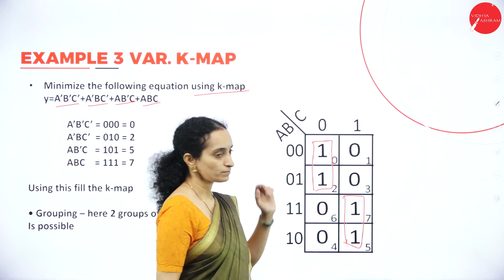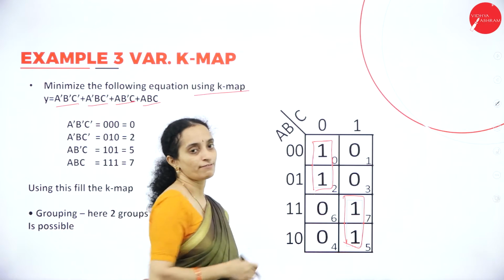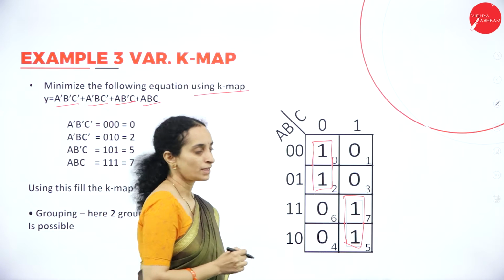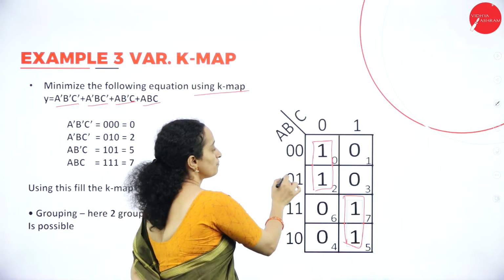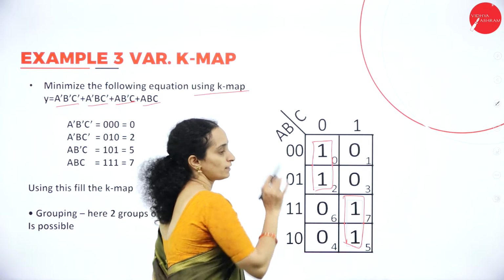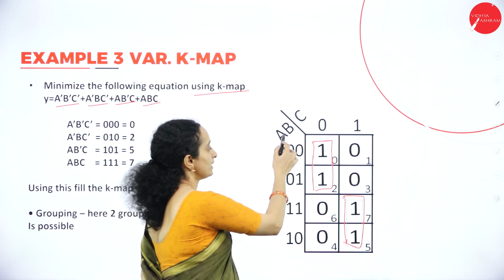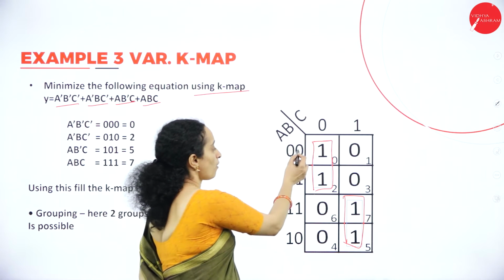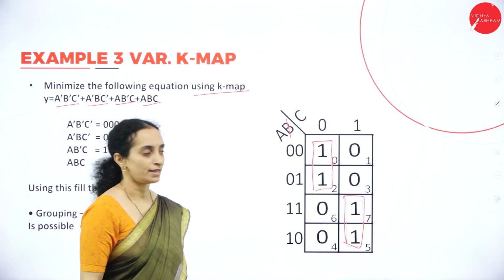Okay. Now, what is the simplified expression? In this, you have to check each of the variables. First variable you can take is A. You don't have the complement and non-complement form of A. That means both are residing in the same state, 0, 0 in the complement form. So you cannot cancel the variable A. It must remain in the expression. Next is B. B is changing the state. It is having complement and non-complement form. That means you can cancel the variable B.